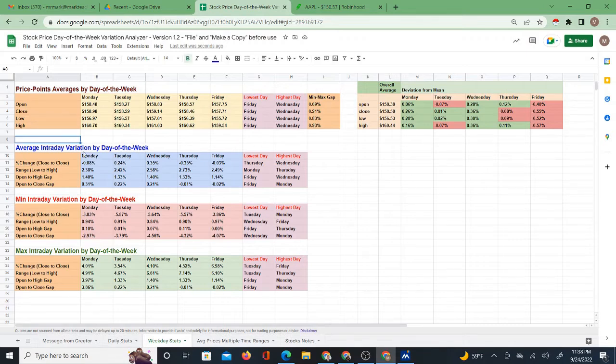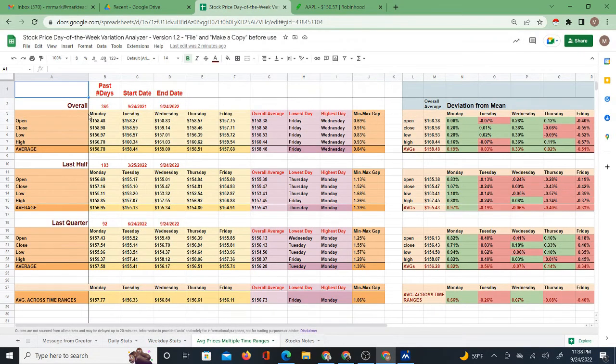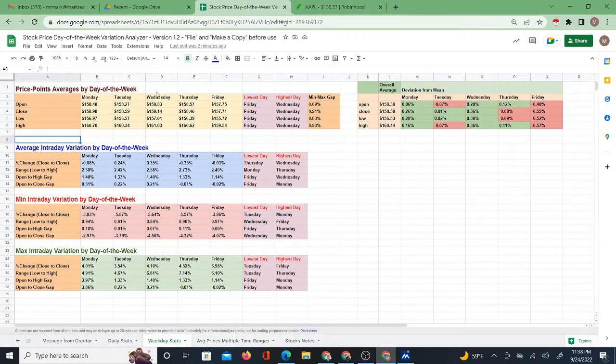All right, and then I have some other stats that it pulls as well. The intraday things that I looked at on the first sheet. And then this sheet, I'll just very briefly mention, does the same thing that the sheet at the top does with the days of the week and the average prices. But what it does is it actually does it